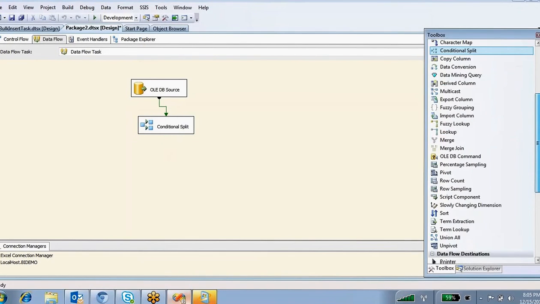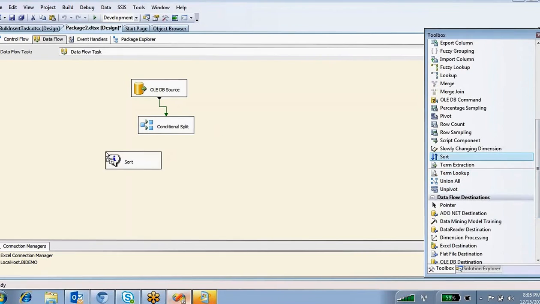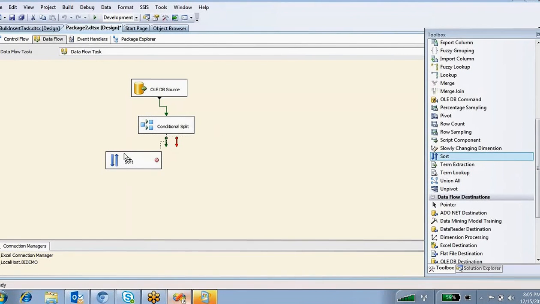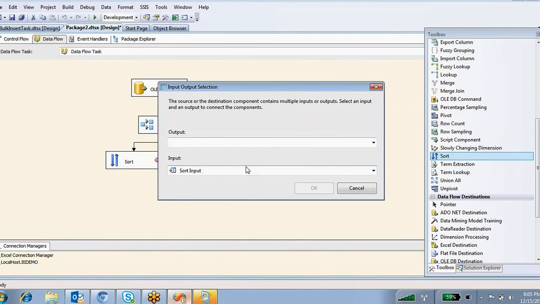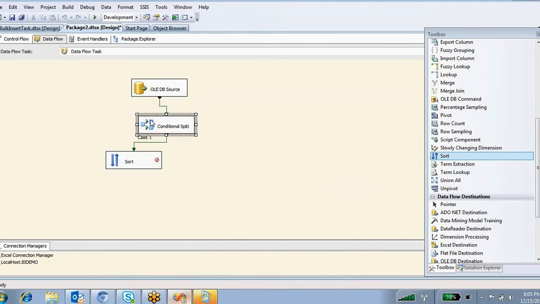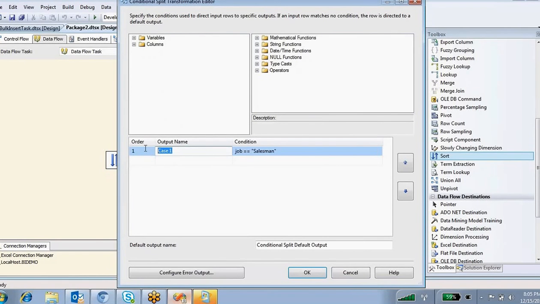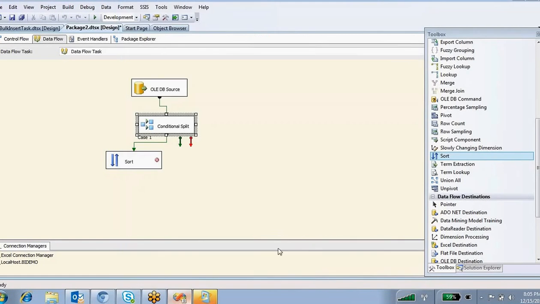For demonstration purposes, I'm going to take a sort transformation. If you link this one, it will ask what kind of output you want to take. The case 1 output is nothing but the job equal to salesman data.